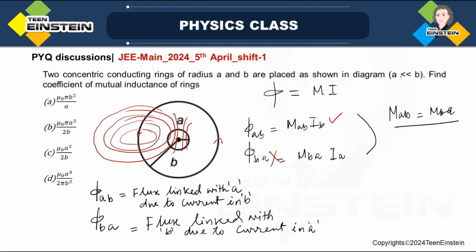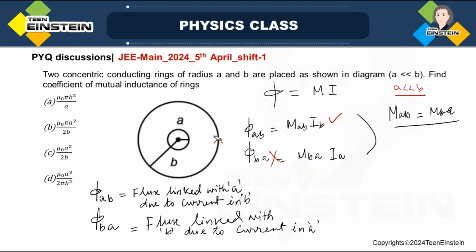Since A is actually much less than B, the magnetic field created at the center of the bigger loop will be nearly uniform for the smaller ring. So that is why it is easy to calculate